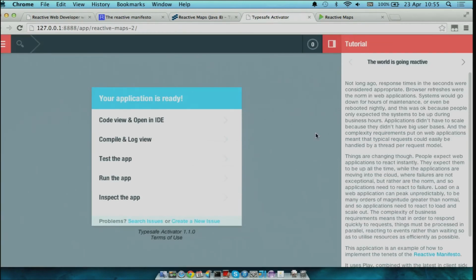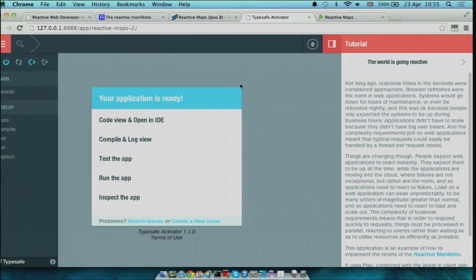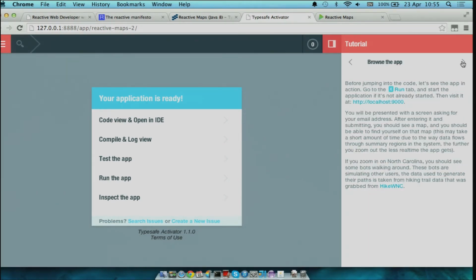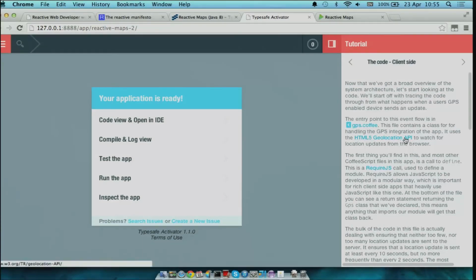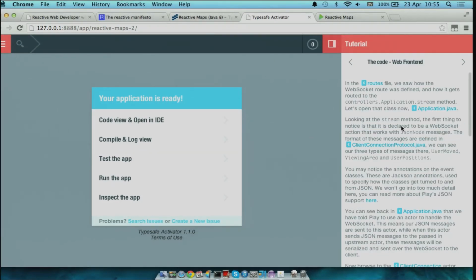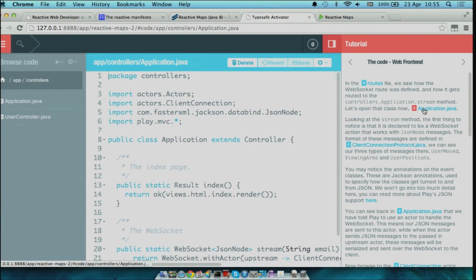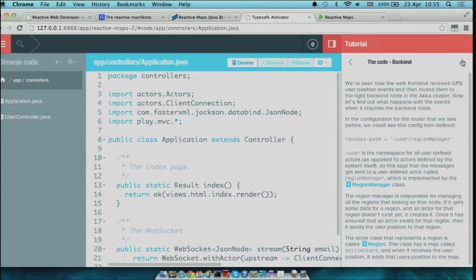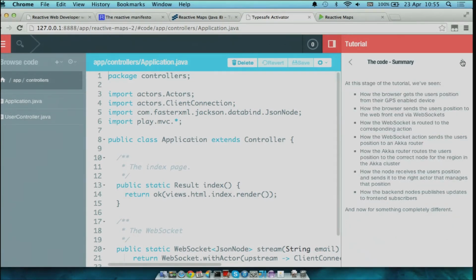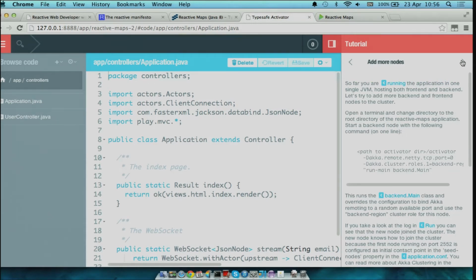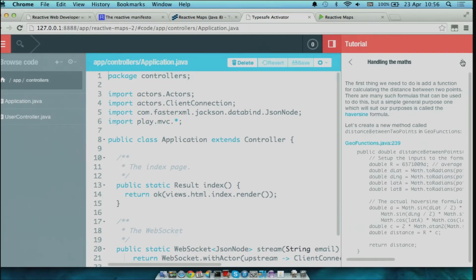So after running that, you'll get this screen here, which has a tutorial in it. This tutorial shows you some of the code. It's interactive. And what I'm going to do today is just go through a few steps of the tutorial where it's getting us to implement a new feature. I've actually done most of the tutorial already to get the boring bits, that aren't really relevant to Java 8. But we're going to do a few of the bits that I haven't done.